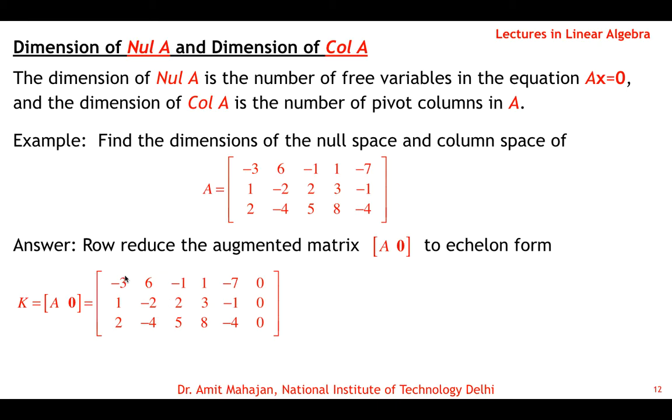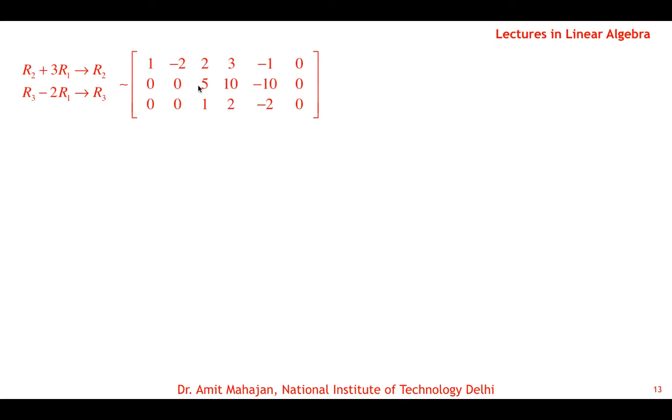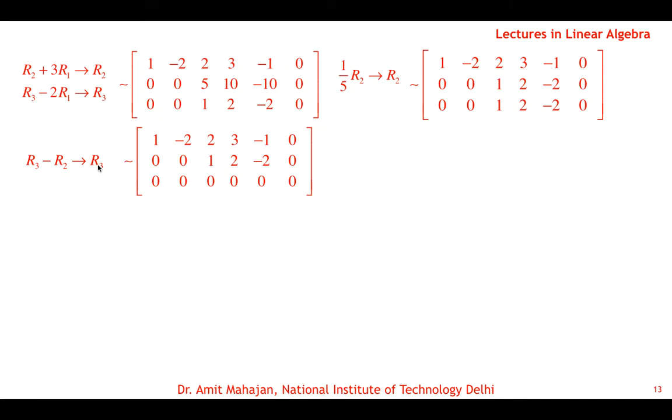Okay, we replaced row 2 and row 1, and then we apply the row transformation by taking this leading element, and make these two 0. So we apply these two row operations. Then with this leading element we divide by 5 and apply row 3 minus row 2. So this we already did. Okay, so this reduces to equivalent form.